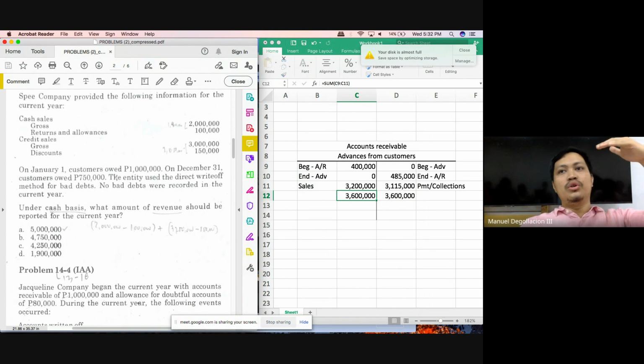So what do you do? You add the amount of difference. Basically, the sales under accrual did not include amounts that were already collected. So add the amounts that were already collected. By how much did our collections exceed our credit sales, class? 250. That would also be the amount by which our sales under cash basis will exceed our sales under accrual basis. So you add the 250.